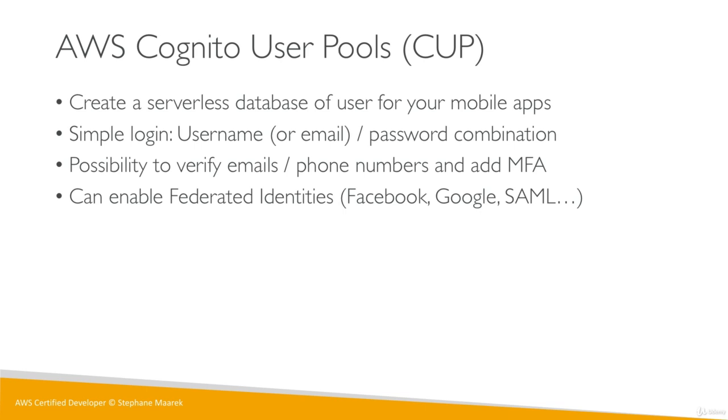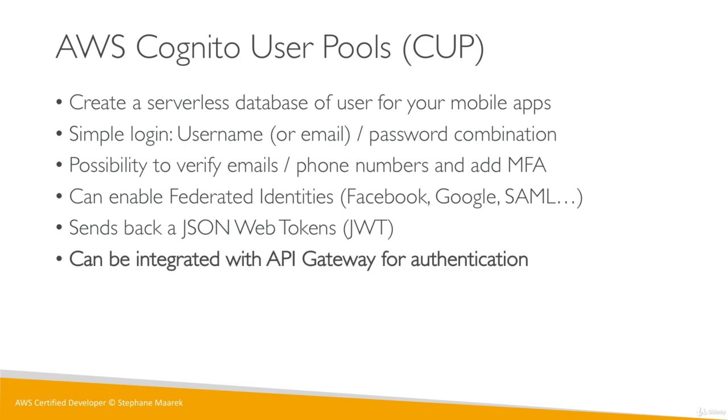And this is where the confusion comes. This is basically saying you can allow your user to log in through Facebook, Google, and SAML and get an identity into your user pool. Do not mistake this for federated identities, which is different. But you can still use a Facebook login or Google login to log into your user pool. What we get back out of it is a JSON Web Token, or JWT. This token can be used to verify the identity of someone, and this can be integrated with the API Gateway for the authentication part.